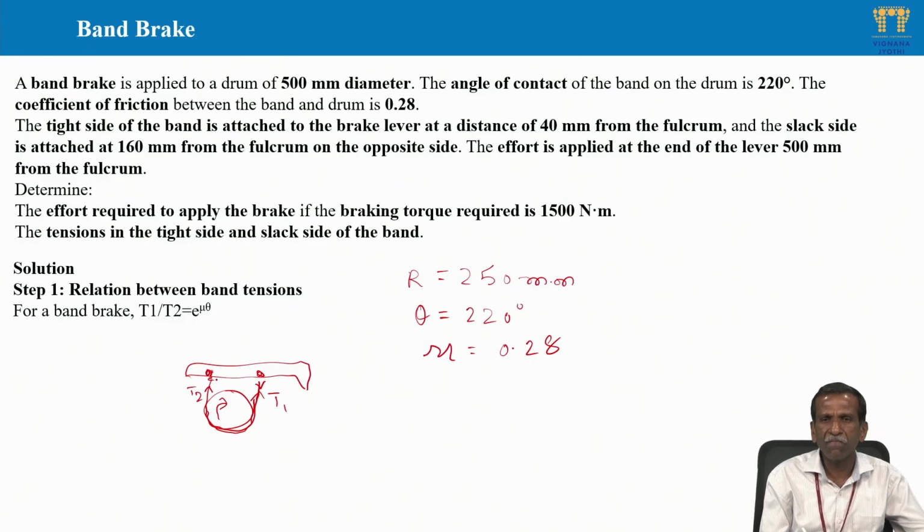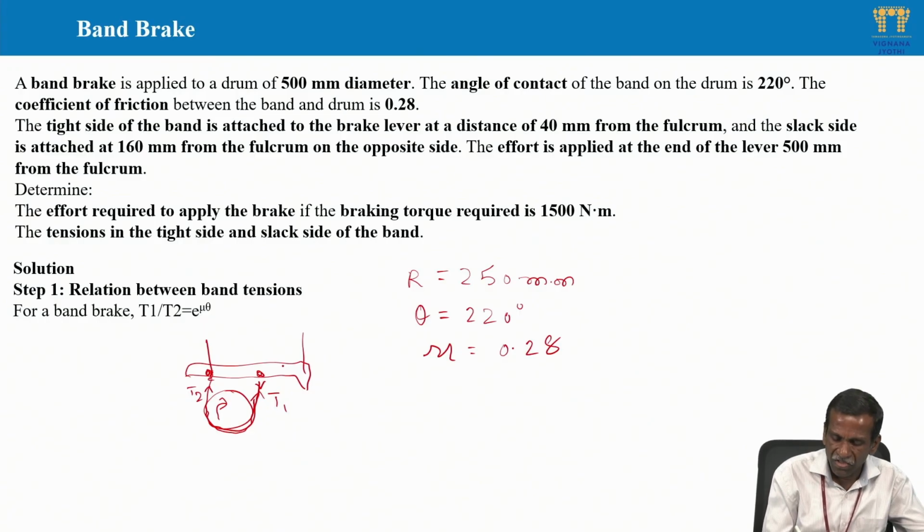The distance 40 is from the fulcrum to the brake lever. So this is the fulcrum and it is attached at 40. The tight side of the band is attached to the brake lever at a distance 40 from the fulcrum. Okay, see, this is 40, and the slack side is attached at 160 from the fulcrum, on the opposite